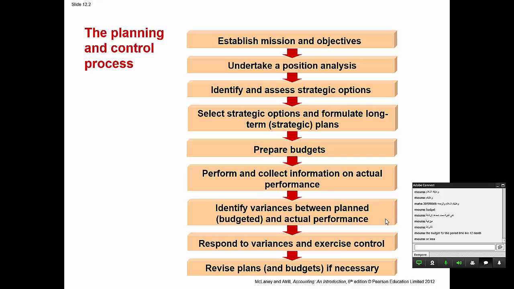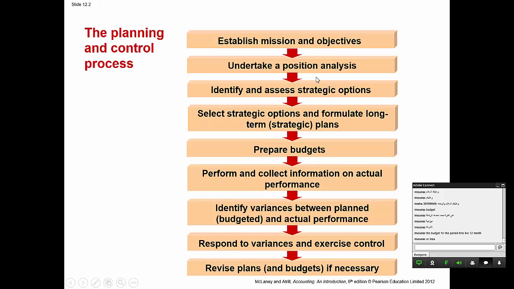That means we have different options here, and each option can help us to reach our objectives. Here we assess and analyze the different options and try to find the best alternatives. Next, we select the strategic options and make a long-term plan. Long-term means strategic plan. For example, we do a plan for sales, a plan for marketing, a plan for production, and so on. Each part of the business has its own strategic plan.